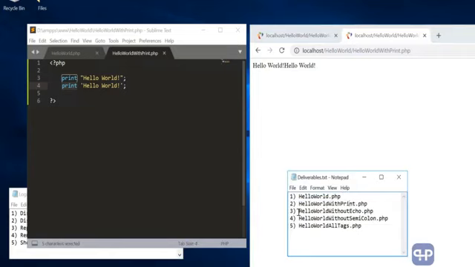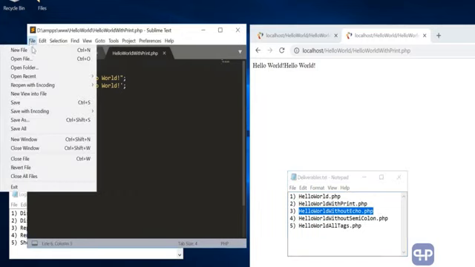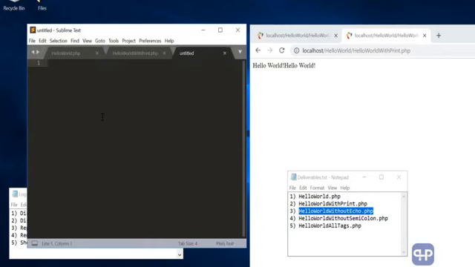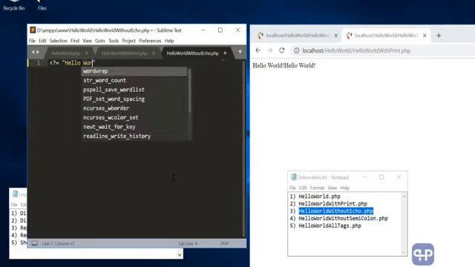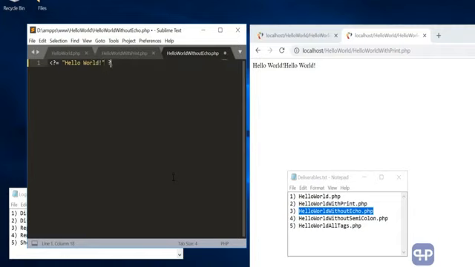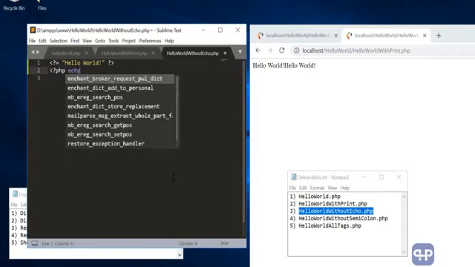Next, we will create a hello world without an echo. So we will not use echo or print, but we will print hello world. Okay, so create a new file, save the file, put the file name. There is a short notation for it: less than question mark is equal to, and then you can start putting the hello world here. This less than question mark is equal to is actually equal to, instead of writing less than question mark PHP echo,